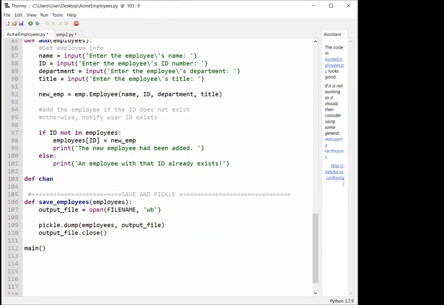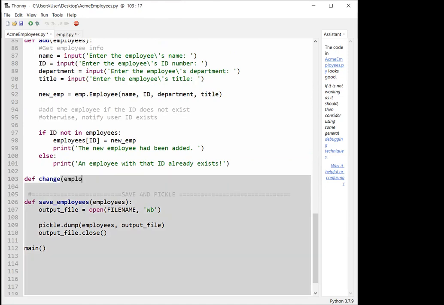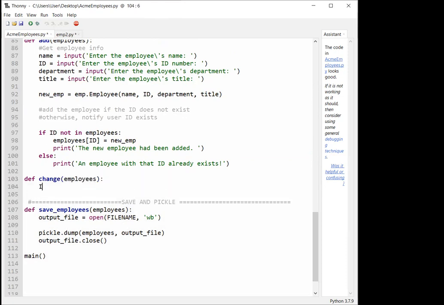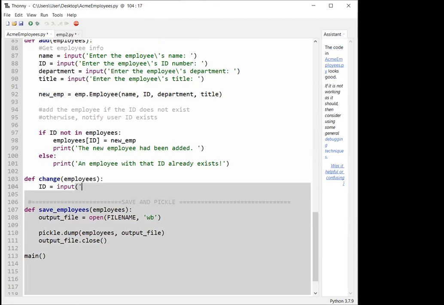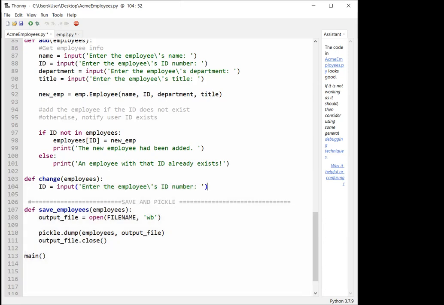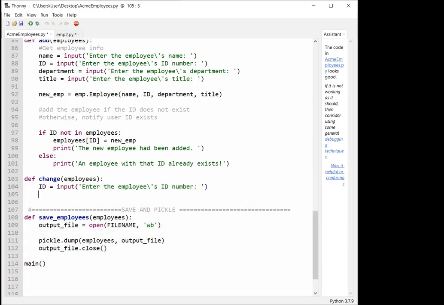And it was define change. It was a simple name. And again, we'll use employees. And ID is equal to input, enter the employees. You can just make it employee ID. I did this -S thing. Takes you more time to type that than it's worth, really. Okay, and then if ID in employees,